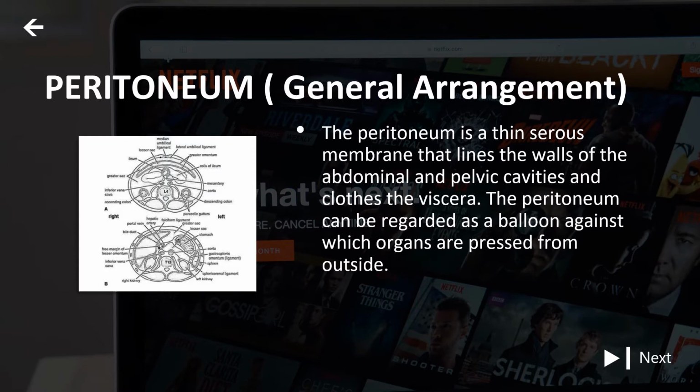The potential space between the parietal and visceral layers, which is in effect the inside space of the balloon, is called the peritoneal cavity. In males, this is a closed cavity, but in females, there is communication with the exterior through the uterine tubes, the uterus, and the vagina. Between the parietal peritoneum and the fascial lining of the abdominal and pelvic walls is a layer of connective tissue called the extraperitoneal tissue. In the area of the kidneys, this tissue contains a large amount of fat which supports